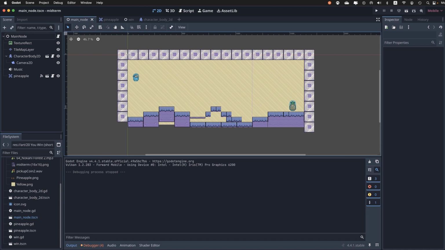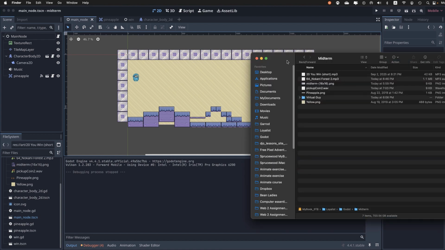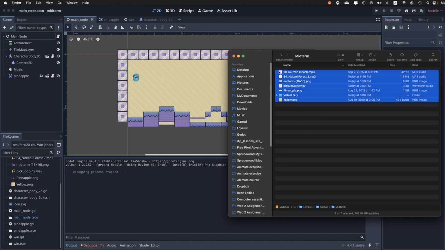Here are your instructions for your Game 1 midterm assignment. I do have a finished file here that I'll use to demonstrate to show you what's expected. But the first thing you should do is download the assets that are provided, and I have them right here, and just drag them all into your file system. I already have them, but just drag them all in so that you have everything you need before you start